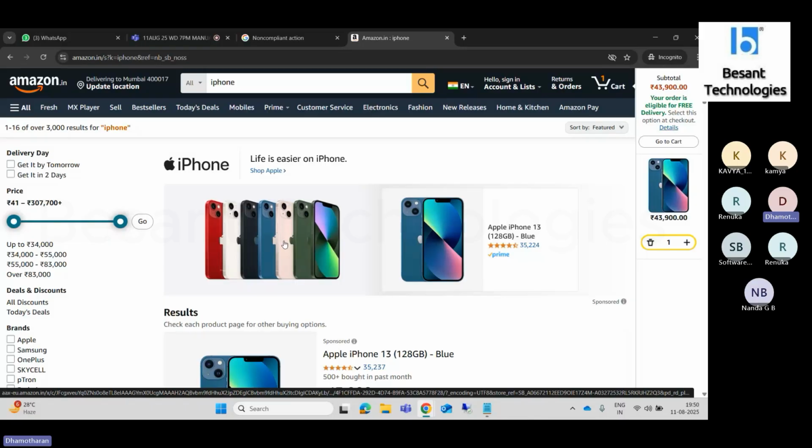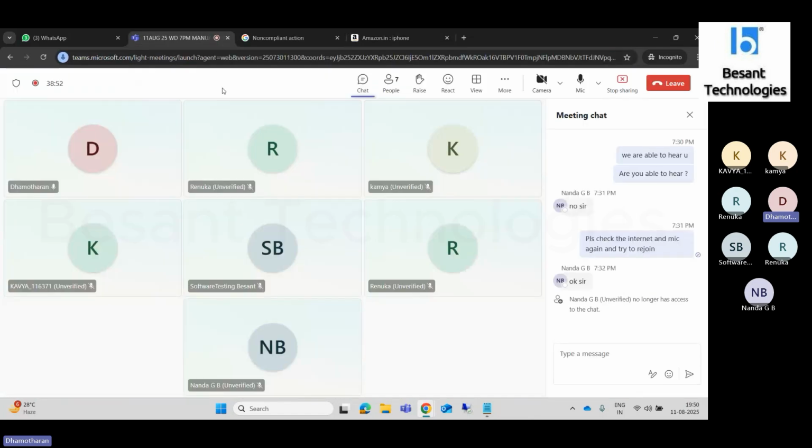But if you automate this script, if you automate testing of the entire application, then it will take only 1 week, maximum 4 to 5 days. That's all. So you are saving almost 2 weeks. If you do this manually it will take 3 weeks, but with automation you can do it in 1 week. So that's the reason we use automation during regression testing. Automation testing is very useful. That's the main reason we are using automation testing. It saves 2 weeks, right?